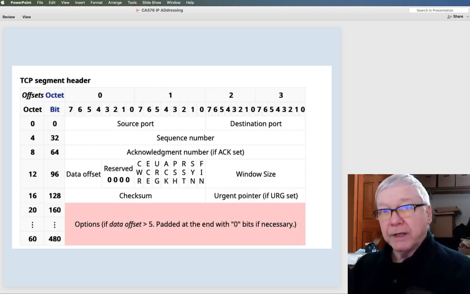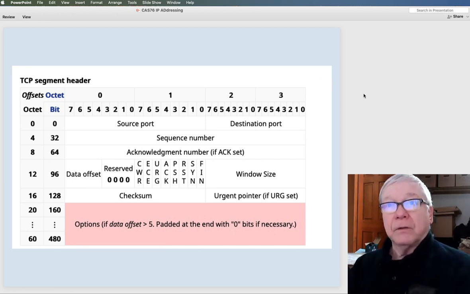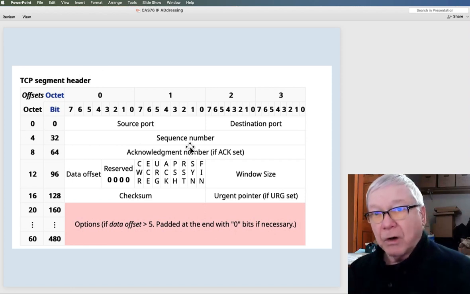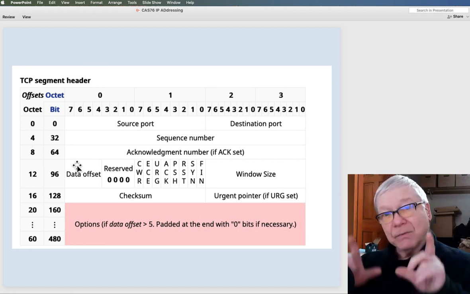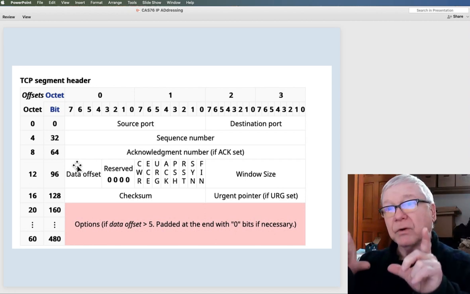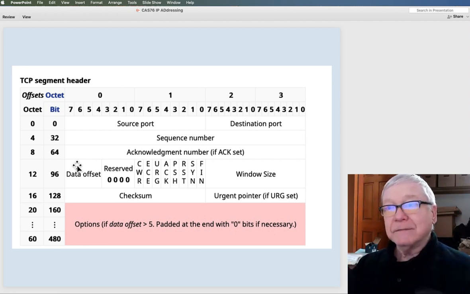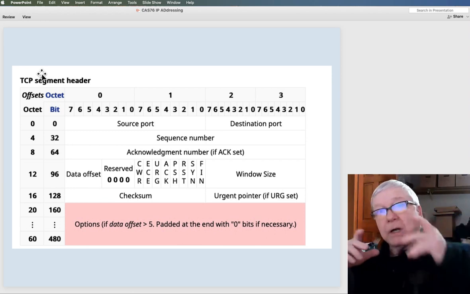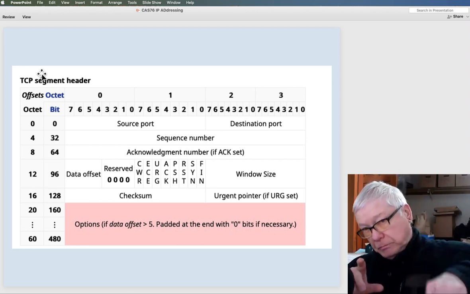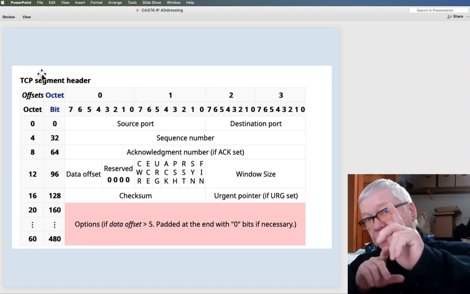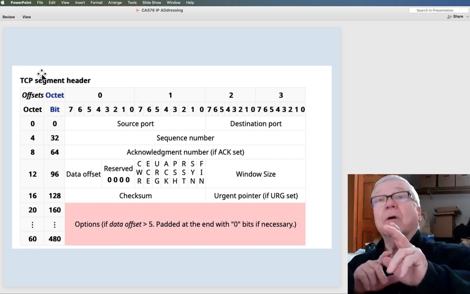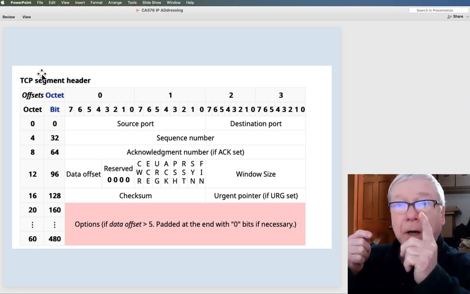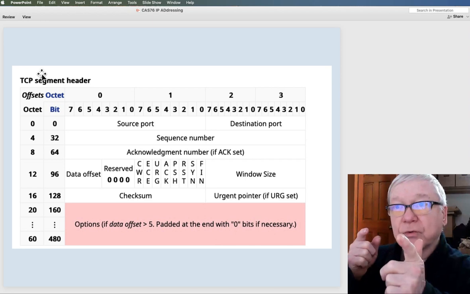It's another way of looking at the TCP header. So what's the bit position? What is the offset in terms of an octet, a byte, 8 bits? And if I'm layer 4 and I've been told by layer 3 that it is sending me a data stream that's actually TCP, I know, okay, let me use my TCP chart here, and I will say, oh, right, from this bit to that bit, that's my source port.